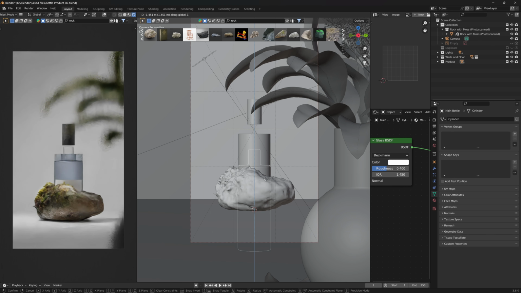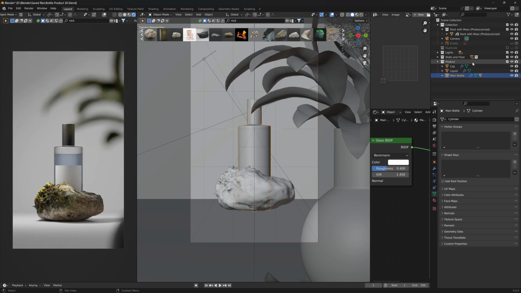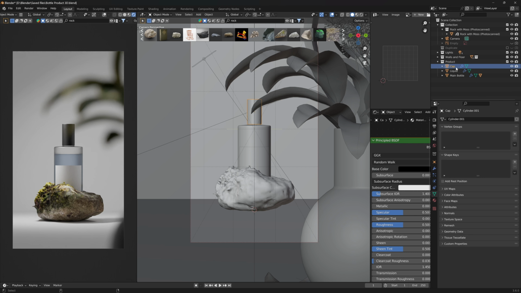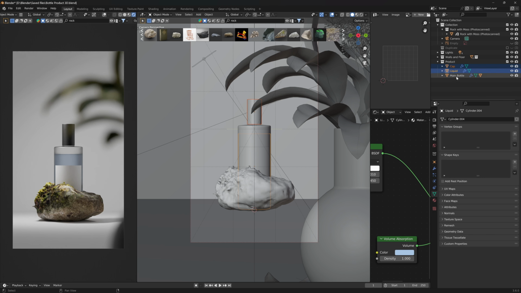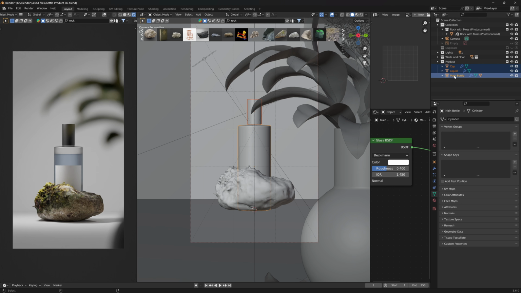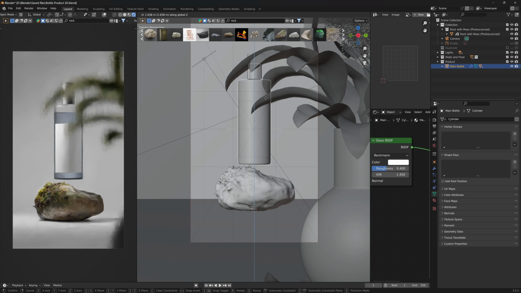Oh wait, what just happened? Have I not enabled parenting to cap, liquid, and main model? I don't know, I just forgot. Yeah, so I'll do that. Control P, generator transform. Yeah, okay. Main bottle, G Z, put that somewhere